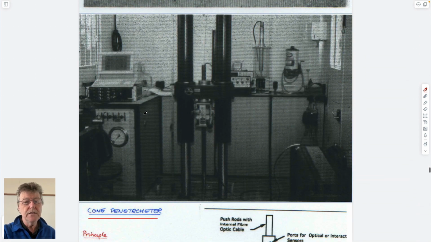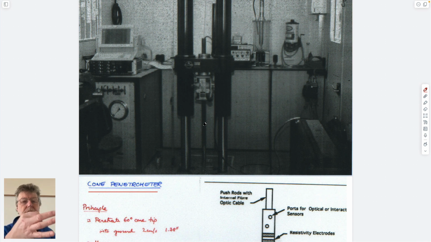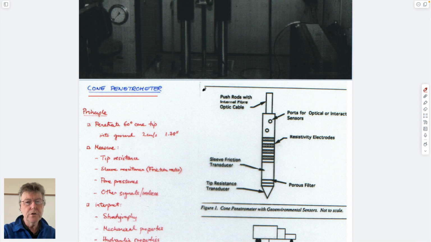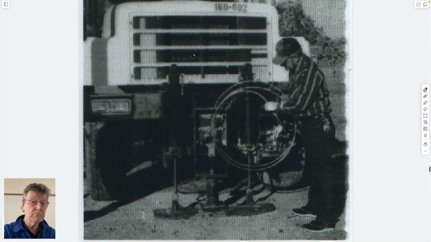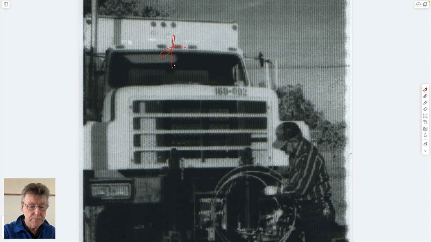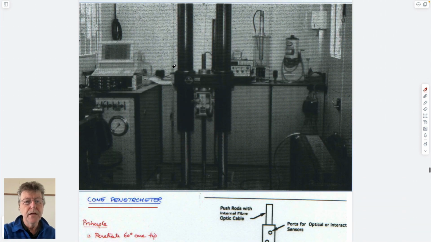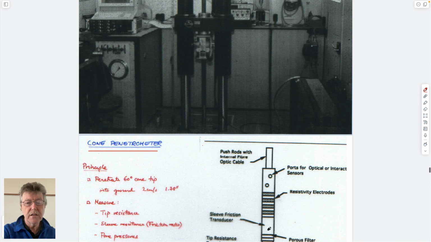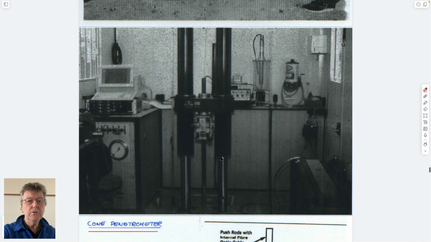trucks. And so the idea is that you have a 10 centimeter cross-sectional diameter solid steel rod, which has a conical tip on it. It looks like this. And that is pushed through the bottom of this truck when you're sitting inside it in here. Whoops, didn't mean to do that. And it's done by gripping onto this rod, which has this cone out of the bottom of the truck, which looks like this. And you merely use this turntable to advance down at 2 centimeters a second, and you measure